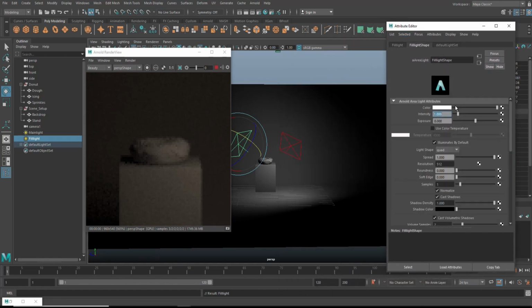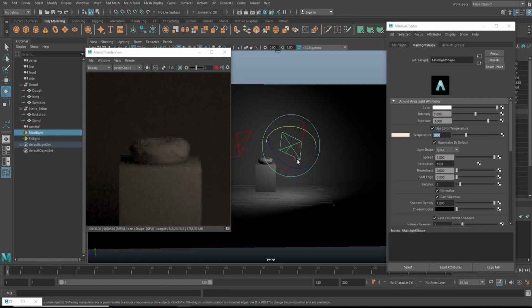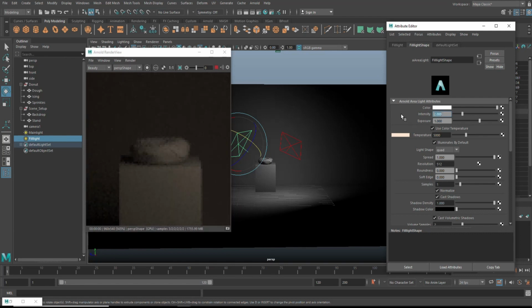And let's tweak that. Okay, so color, use temperature, we'll set that to 5,000. We'll have a spread, we'll leave all of that alone. Let's see here. This guy was set to 5 and 3, so this guy will be set to 1 and 2. So you still have shadow going on there, but it's not as harsh as before. Let me just look at this quality here for a sec.